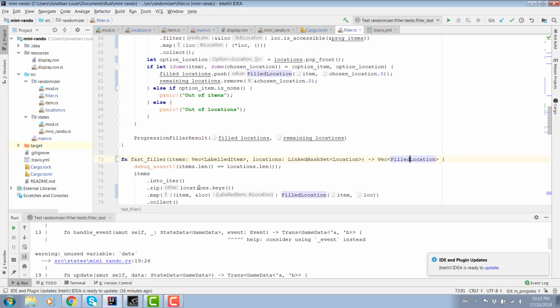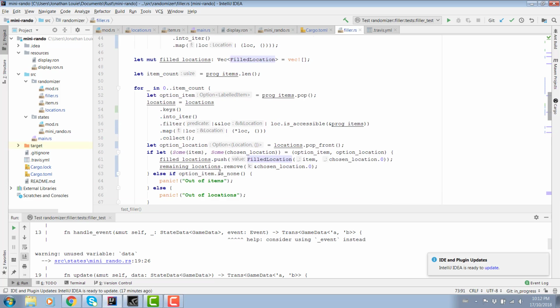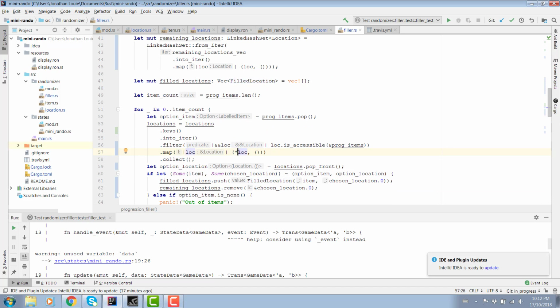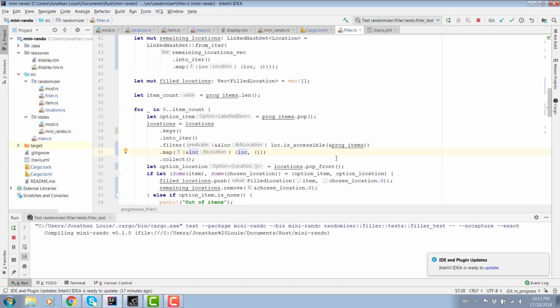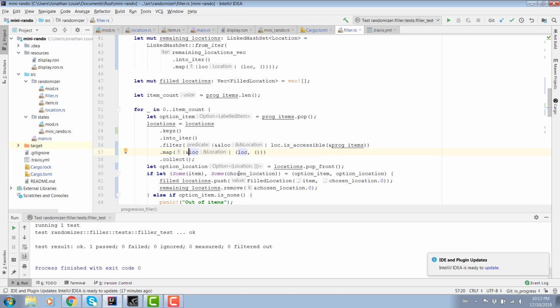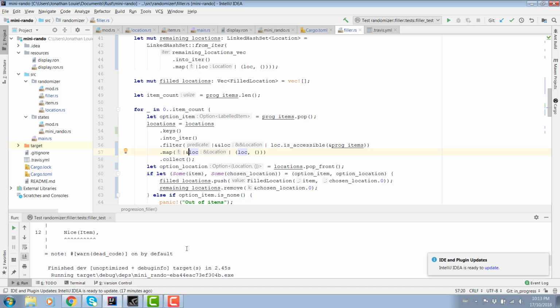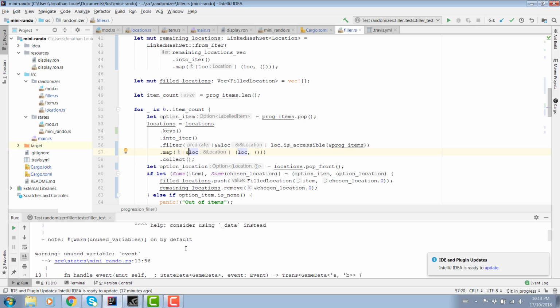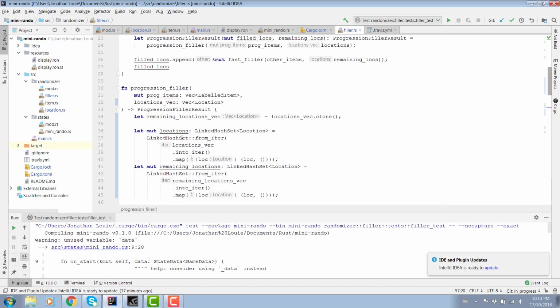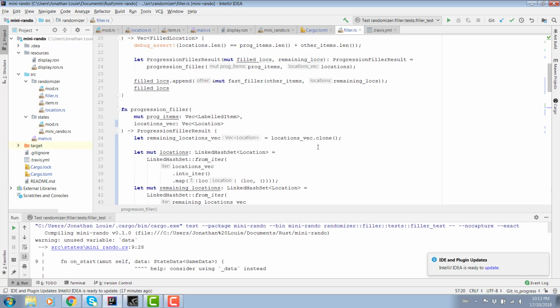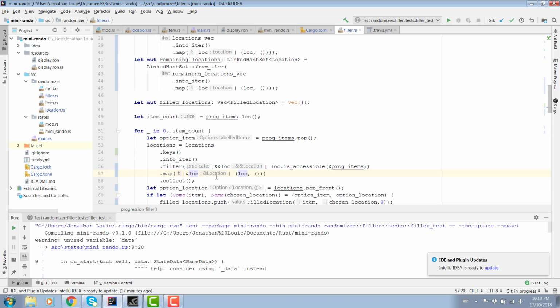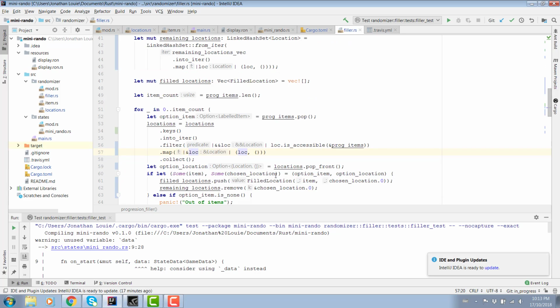Oh, wow. That's kind of cool. I like that solution a lot. So yeah, there we go. I think this made the algorithm more efficient overall at the end of the day. And I didn't really have to change too much. I do have to do a couple of clones, but at least I'm not iterating through every single time.